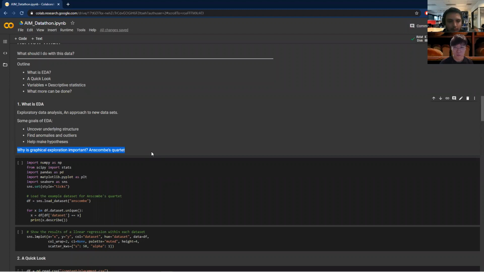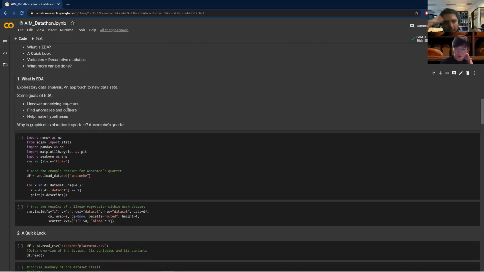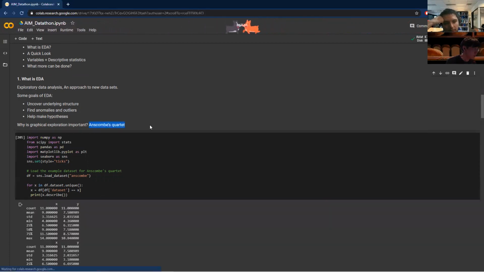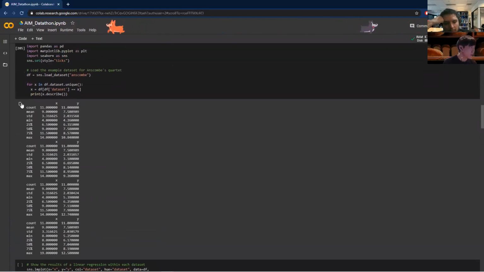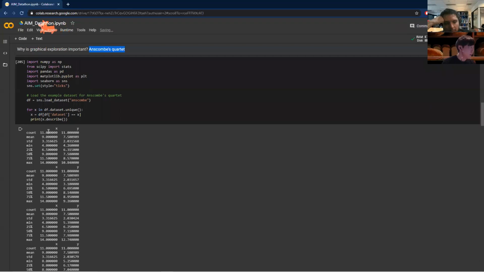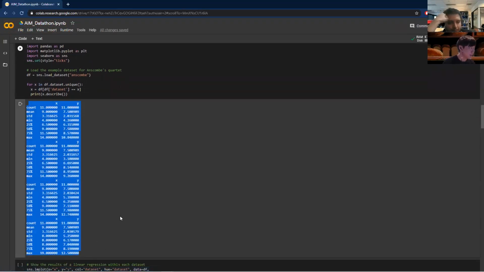And why is that important? Why can't you just look at tables of the means and the standard deviation and stuff like that? So I thought I'd do a quick summary about why graphical exploration is very useful compared to data analysis using just numbers and other statistical measures. This is what's called Anscombe's quartet. It's a series of 4 data sets, and if you just have a quick look at them,